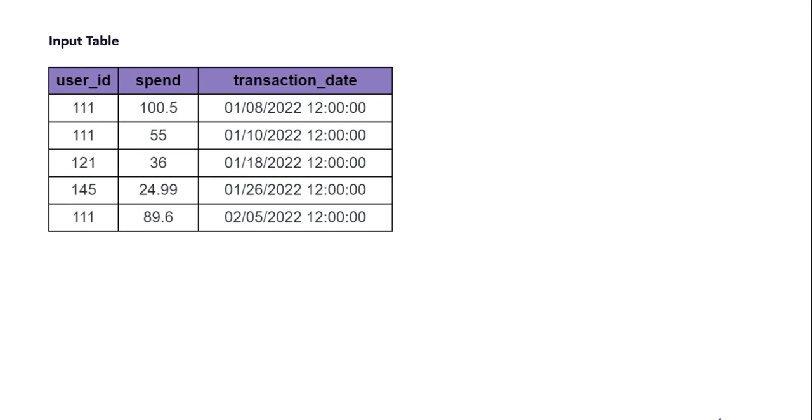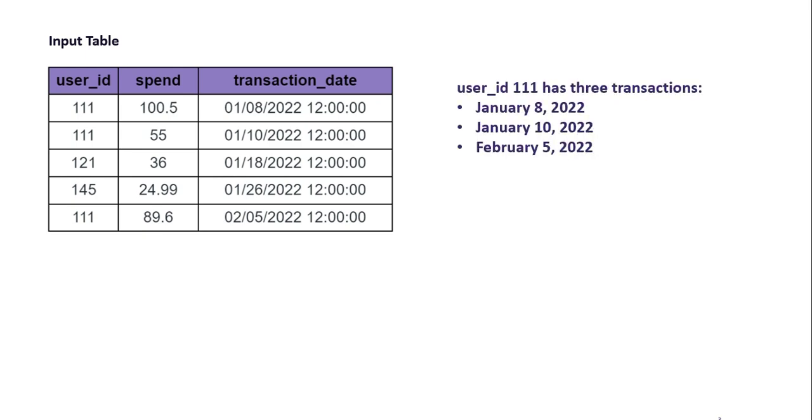If we see the user ID 111, it has three transactions. The first was made on January 8, 2022, the second transaction was made on 10th January 2022, and the third transaction was made on 5th February 2022.